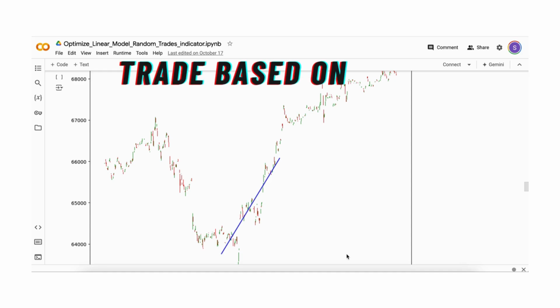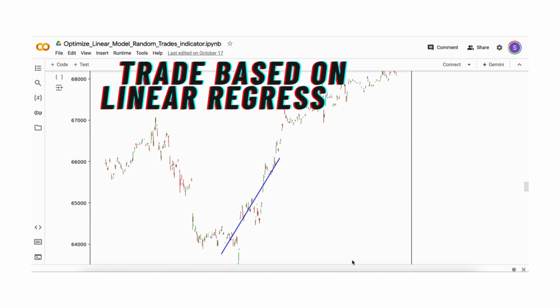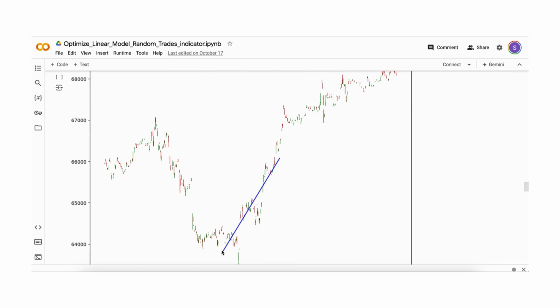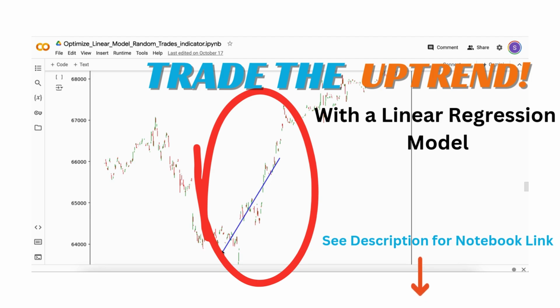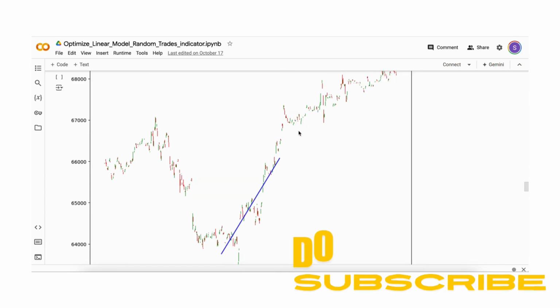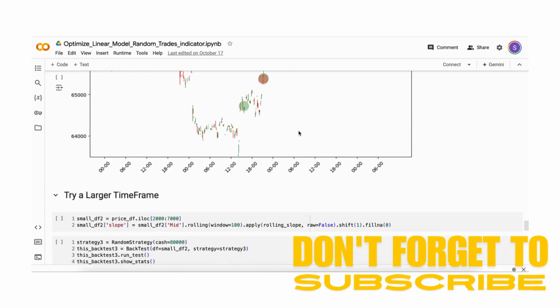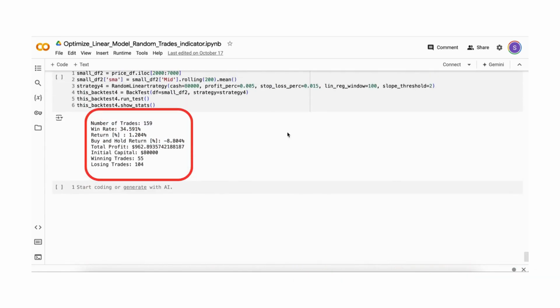Today we are going to test out a trading strategy that is based on linear regression. In this strategy, we are going to find when the stock is in an uptrend using a linear regression model, and then use that to take trades. All said and done, we will find that at the end of this strategy, after our optimizations, the strategy makes